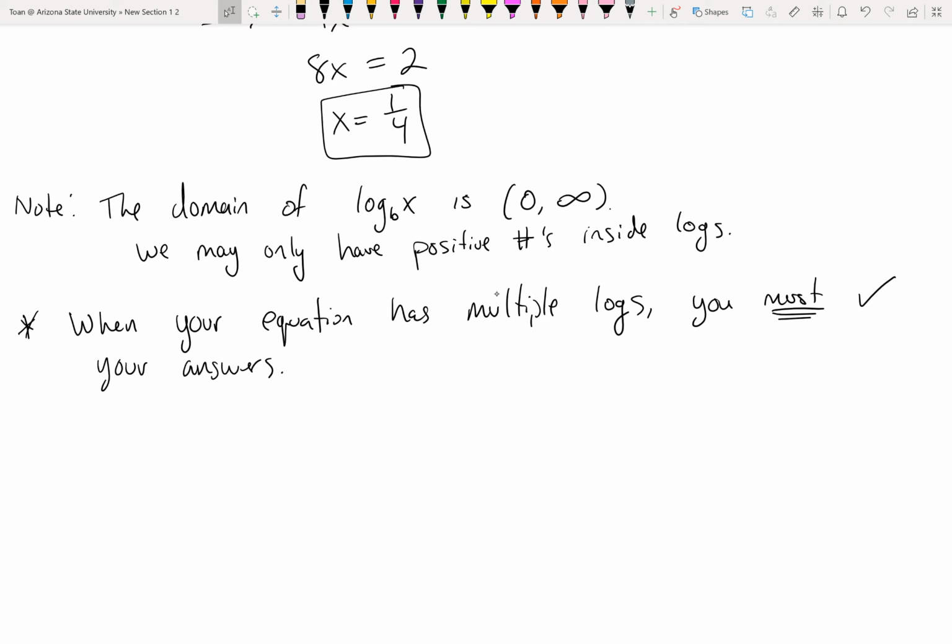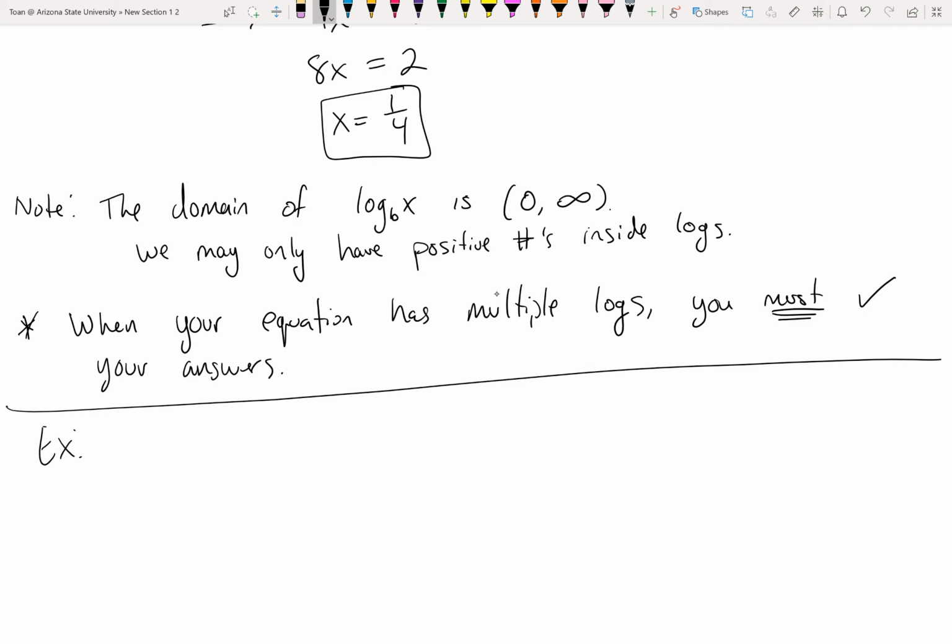Basically, the extra layer I'm putting on you is, when you're solving these log problems, just take a quick moment, plug your possible solution into the arguments and just make sure that it's not 0 or negative. If it does make any log 0 or negative, you have to throw them away. For example,